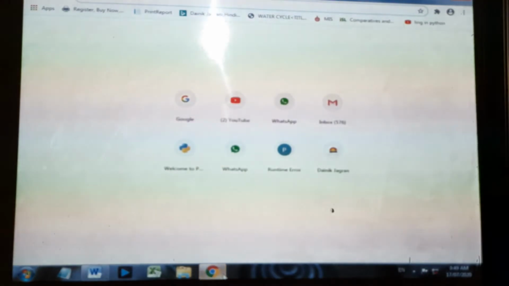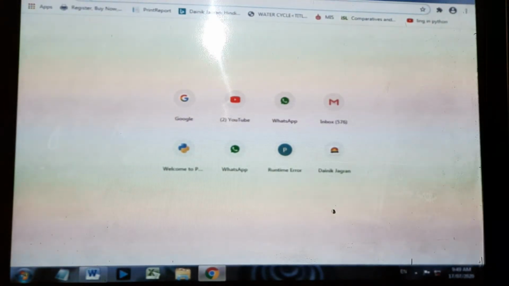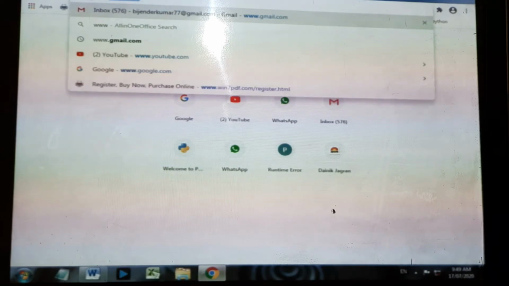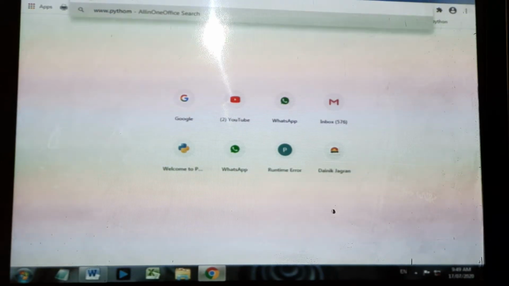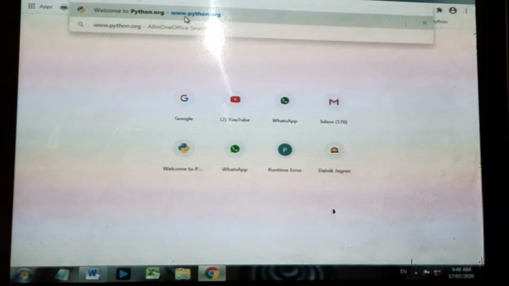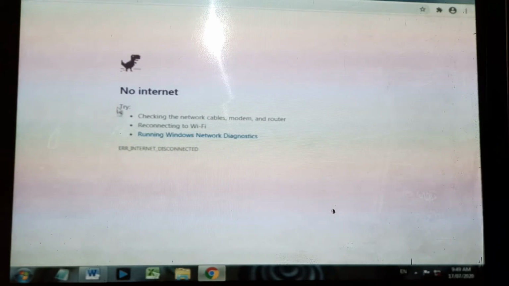You have to click on browser and log on to www.python.org. Okay, whenever you click on python.org, if the internet connection is not there, that's why whenever you click on there, you will find the different Python programs, different Python softwares or different versions like 2.7, 3.6, etc. Whatever version you want to install, you can install it.